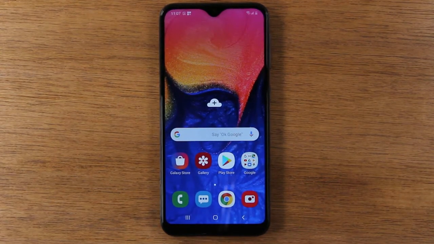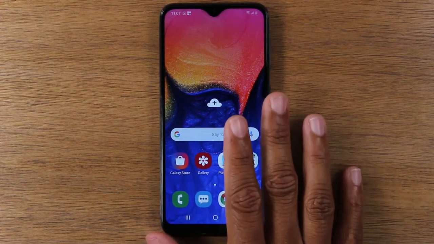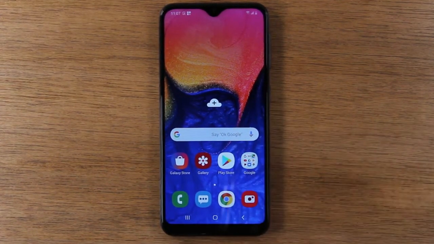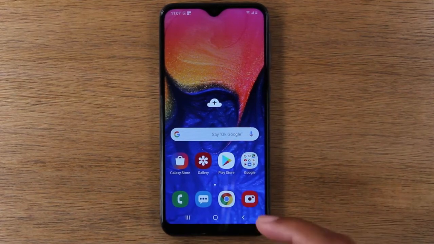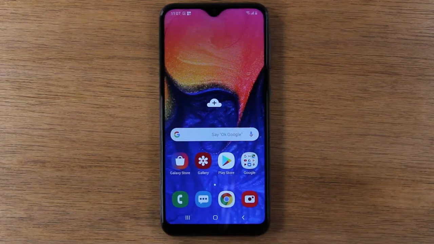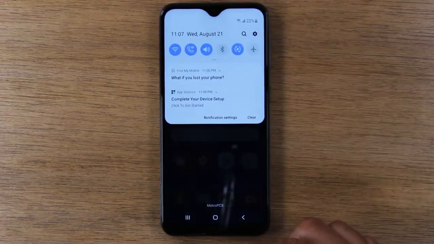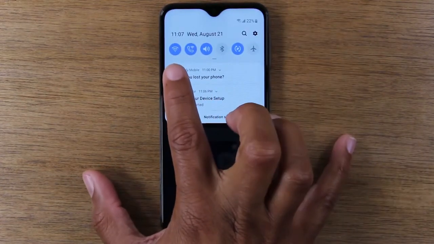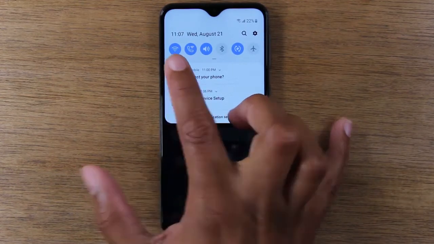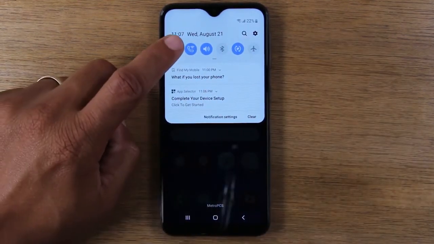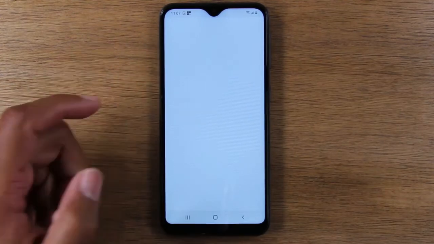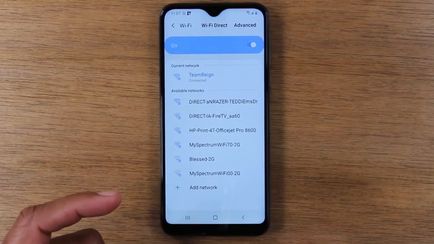what you may want to do before that is sign into your Wi-Fi. Now again, if you bought this phone and you have service, you can use your mobile data to log into the Play Store. But if you have Wi-Fi, it's recommended to use that instead because Wi-Fi is faster. So we can swipe down from the top here and look for this little icon. This is your Wi-Fi icon. So I'm going to take my finger and just hold down on that icon. It's going to take me to the settings menu